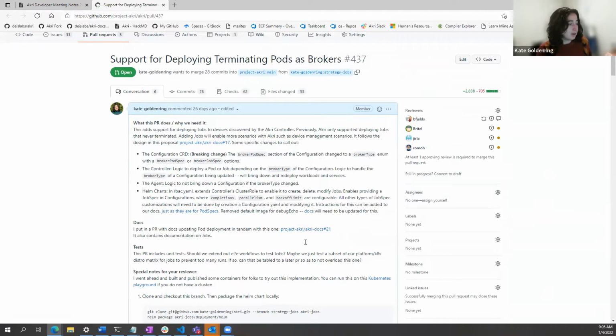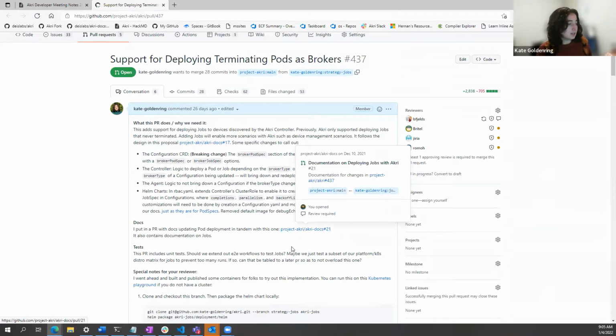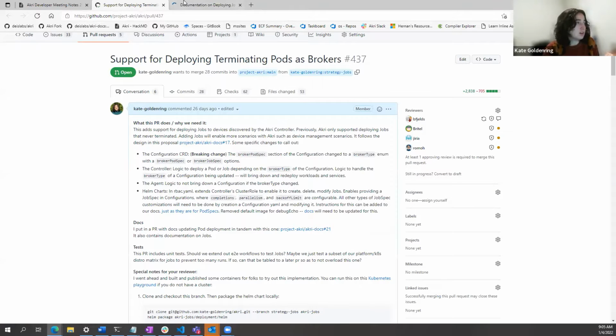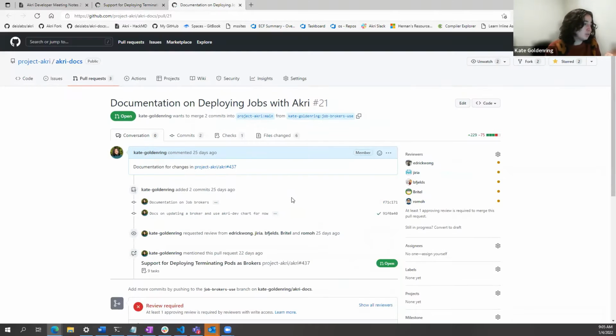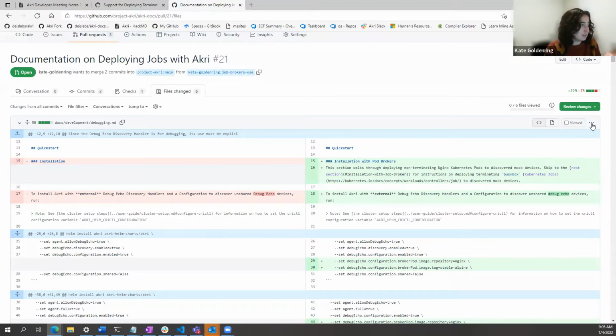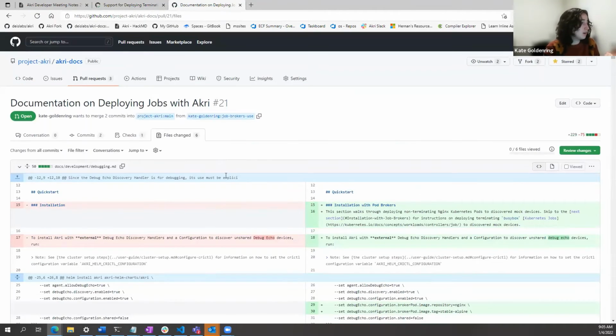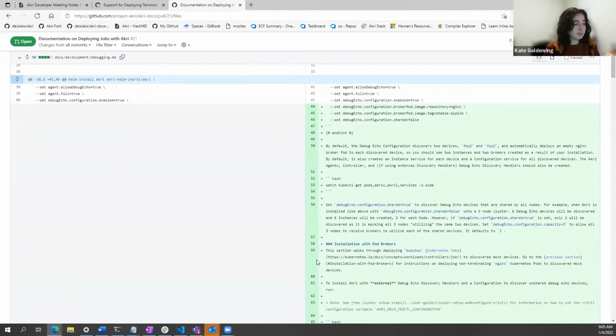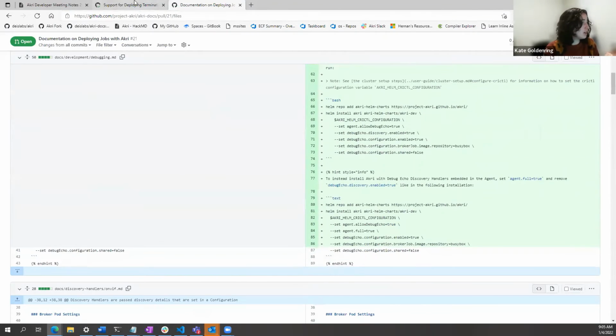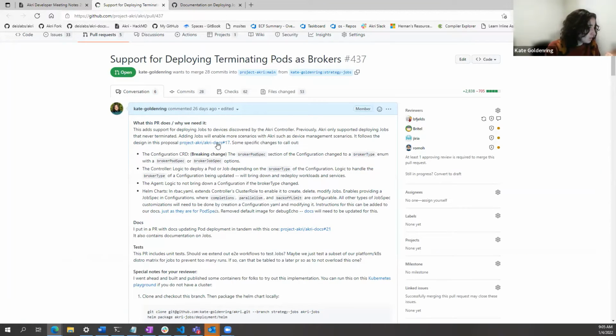If you want any background on the design choices, there's a PR into the documentation that's a proposal, and it should match exactly the implementation. Oh, sorry, this is the PR for the documentation on how to deploy jobs. And then we also have a PR with the proposal. Here it is.